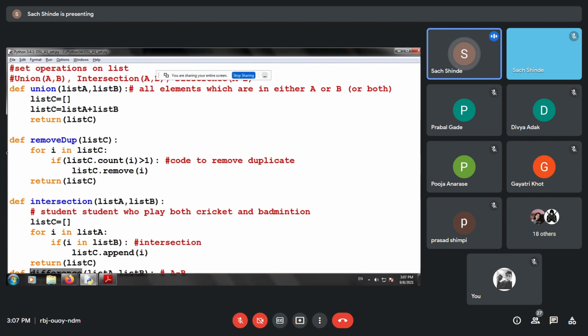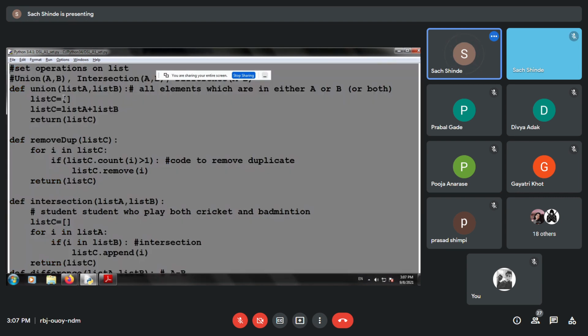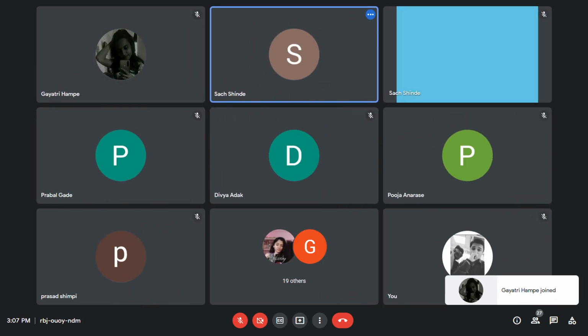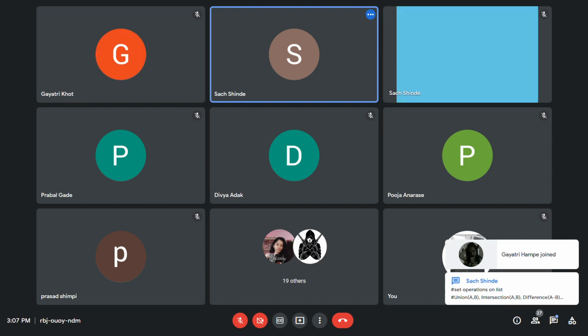I'll send this code to you using the chat box. You can copy it from there. Participants, able to get the code?